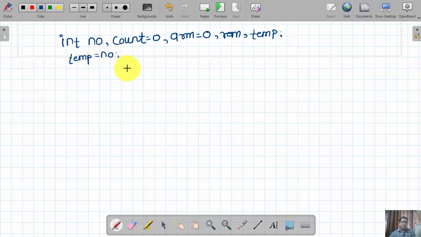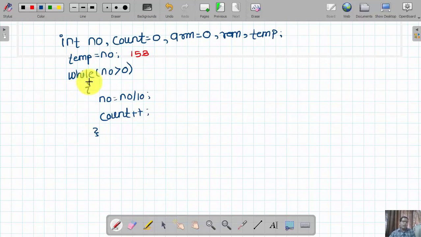Consider my input number is 153. Then go with counting the total number of digits. While the value of number is greater than 0, if yes, then number equals number divided by 10, and the value of count is incremented by 1.